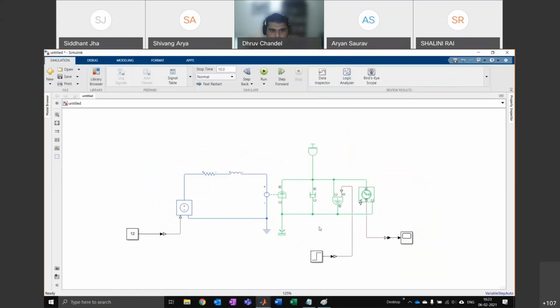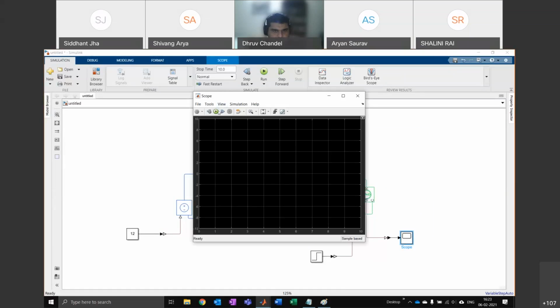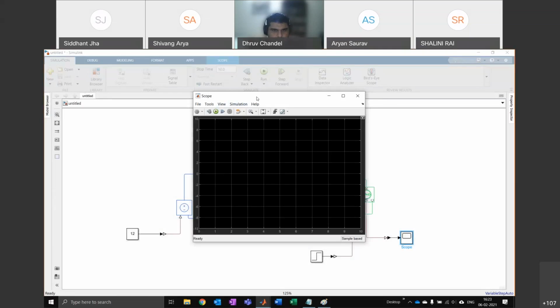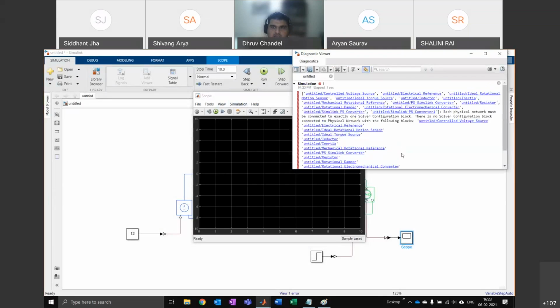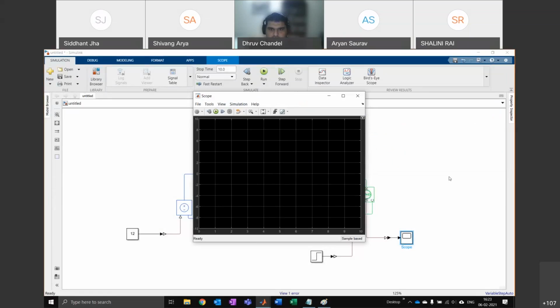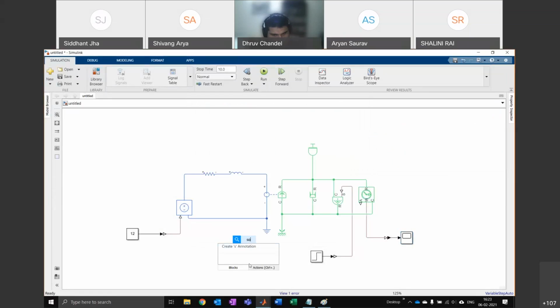So now if I run this, hopefully it should give me the right answer or the right shape. Okay, I forgot something. I forgot the solver configuration. So I have to connect one solver configuration somewhere, which we can just do easily.